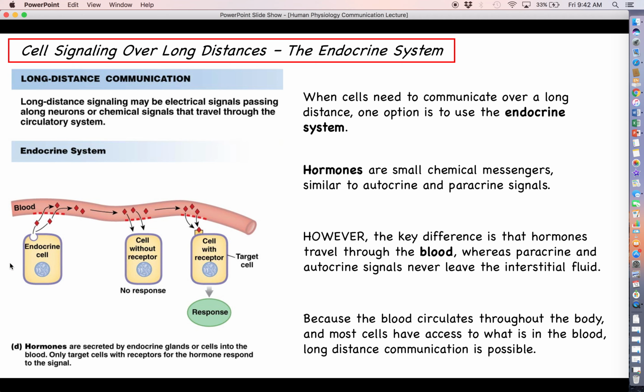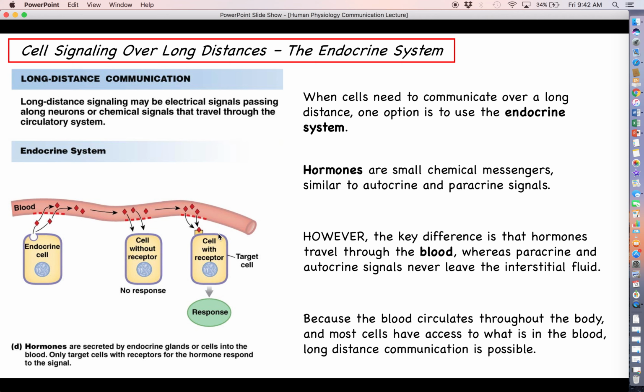So when an endocrine cell or an endocrine gland like the pancreas or the thyroid secretes a hormone into the blood, that hormone is not going to have effects on every cell in the body. It is only going to have effects on cells in the body that have the correct receptor for that particular